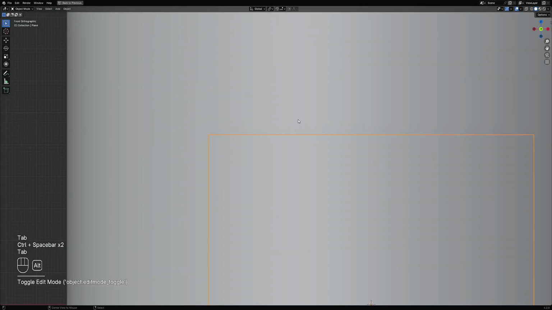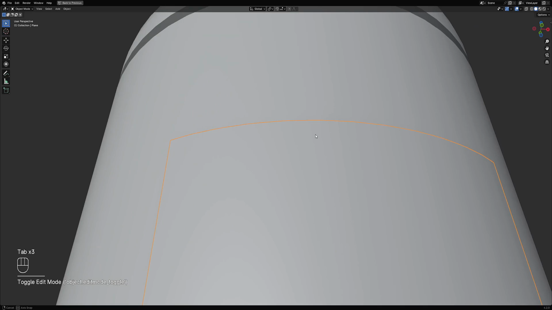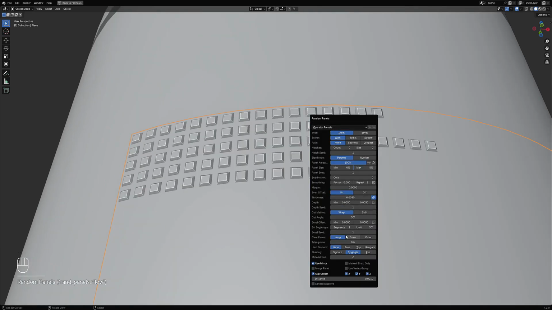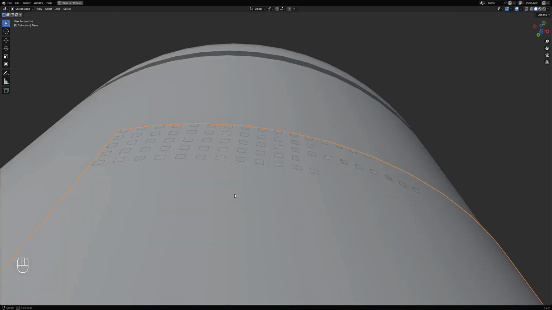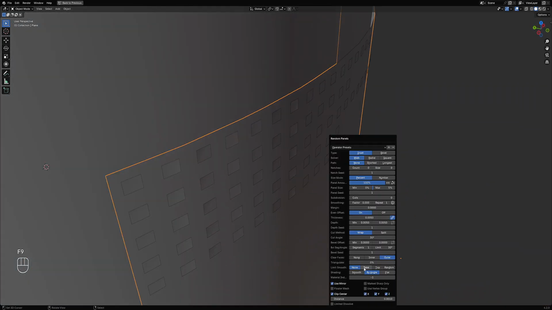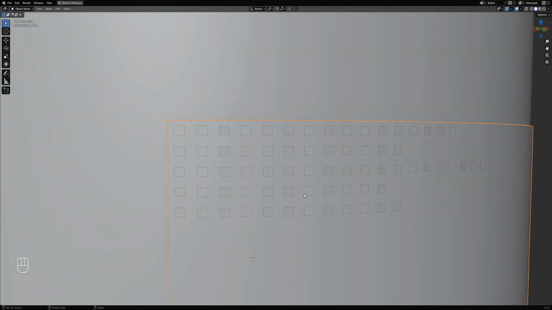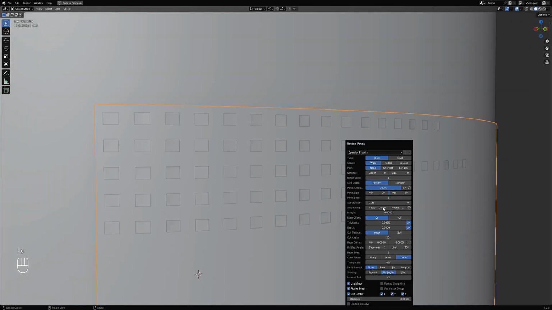Now it becomes a real mesh, and then use random panels, inset, and then in the clear faces, clear outer, and make it use floater mesh as well, and then in the depth use single value for that, and make it closer to the source mesh, and then we can experiment